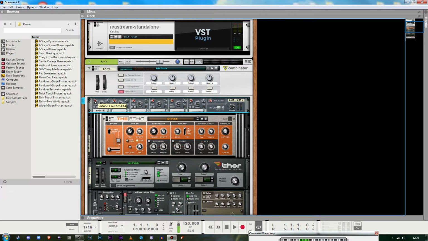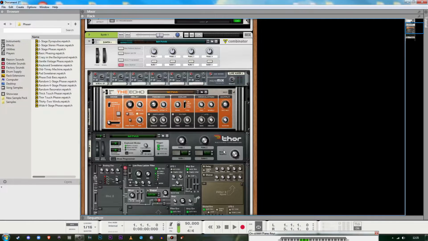So I'm sending 64. I usually like to pump this out here to 120. Set that to 1.8. Also bring the BPM down to like 90. Feedback up again to like halfway. On the LFO thing, I like to bring the rate down a bit and then bring the LFO amount up, which, okay, maybe that feedback is a bit too much. I don't know if you can hear that, but